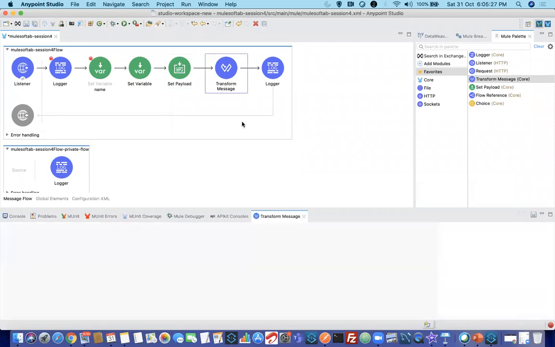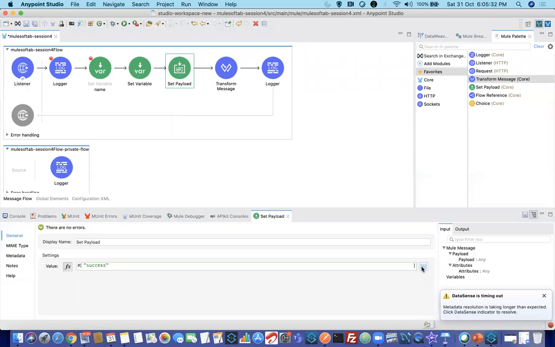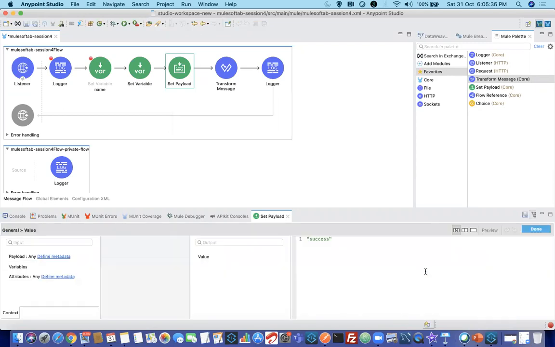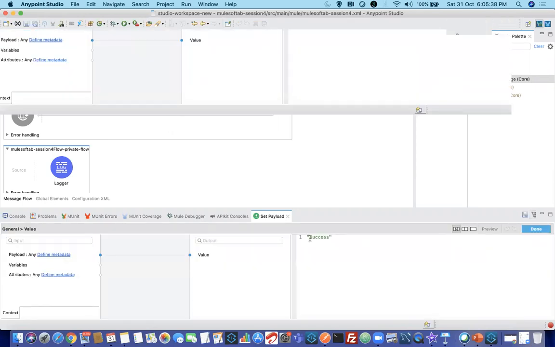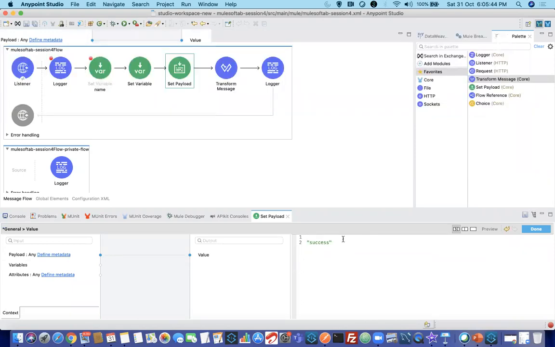Think broadly. If I click on this option, show graphical view, even set payload will look like that. You can even write the same thing here: output application JSON. So you can write the same thing. That is not the real time.